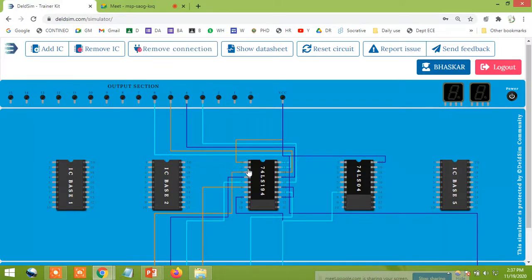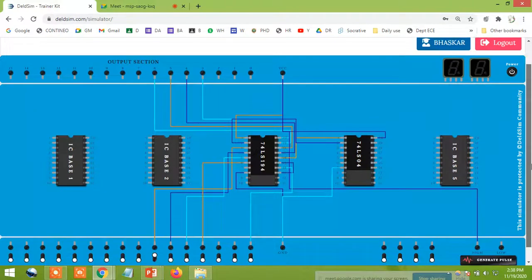Now pin number 2 is the serial input, SRI. Pin number 12 that I am going to use is your QD. See, this is 8, 9, 10, 11, 12. From here you need to connect it to pin number 1. The output of the NOT gate, pin number 2, you need to connect to pin number 2 of this. Now I am going to use this NOT gate. So just check whether the values are coming or not.